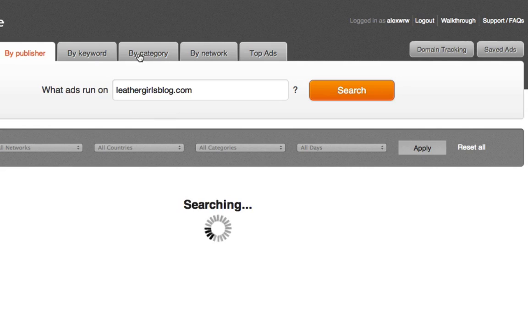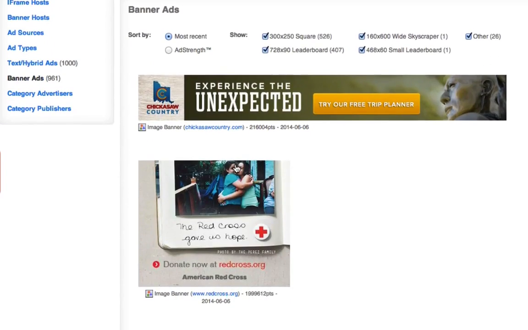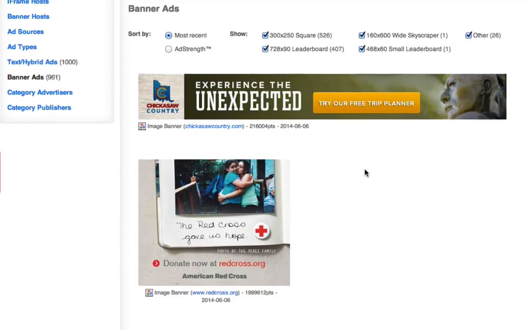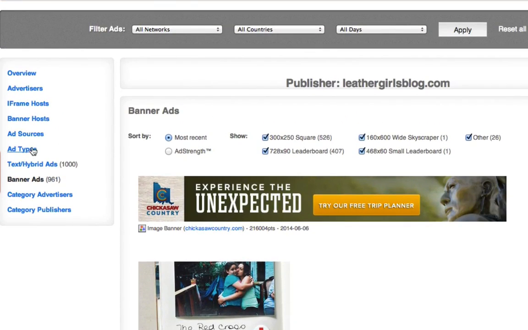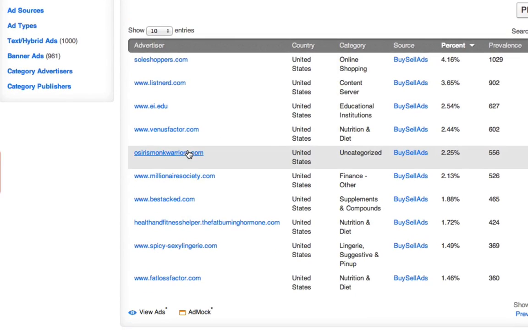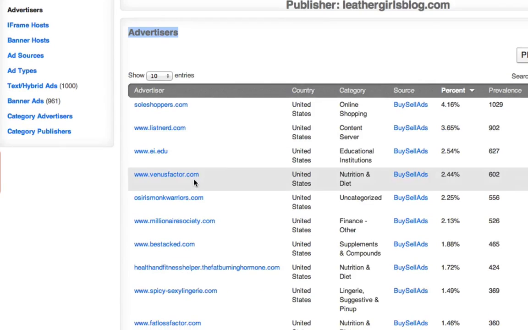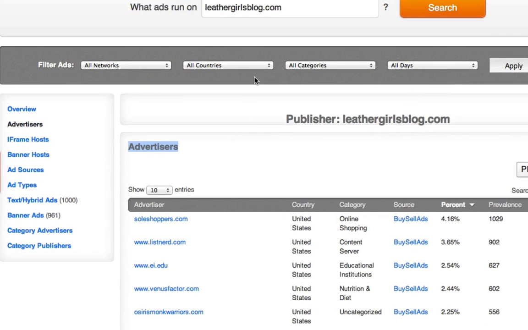Now I can get all the data on this specific publisher. I can see the different banners that are running on this specific site, and I can see all the other advertisers, people that are buying banners on this site. Okay, a lot of people get it confused, so that's why I'm repeating it so often. Advertisers is the people that buy the banner. Publishers is the website that you pay to put your banner on their site. So these are the people that pay,